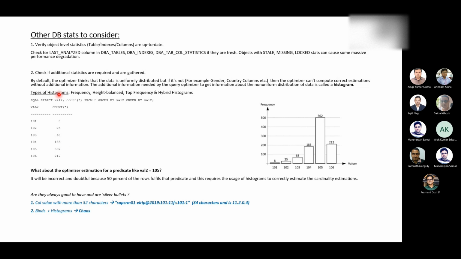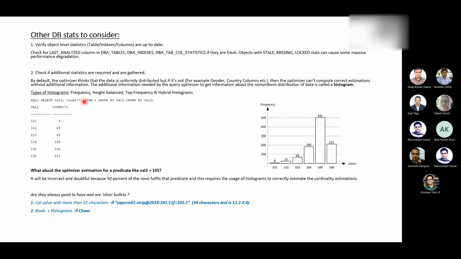We already know high cardinality and low cardinality, correct? Now, in total, we have got 1,000 rows in this table T. So this column has six distinct values and no nulls, and the values are distributed evenly. This is what the optimizer knows.